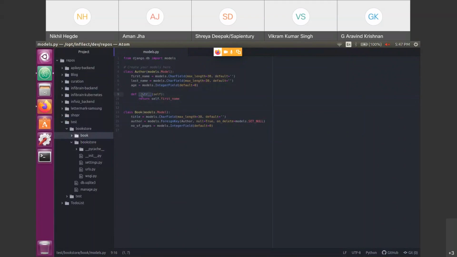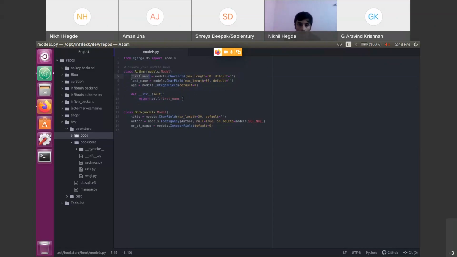You have to create a function called __str__. This is a special function. This has to be inside this class only. You shouldn't create it outside the table like this. Be inside the class. So you should create __str__ with self, because it's inheriting from the same class. That's why I have given self. And you are returning self.first_name. This first name is the attribute of this table, the author table.